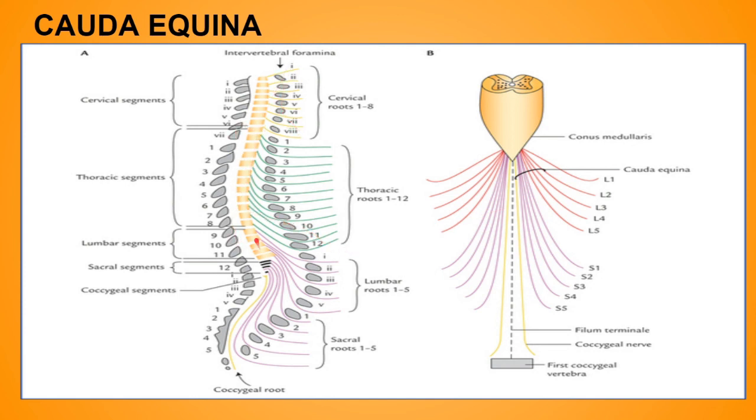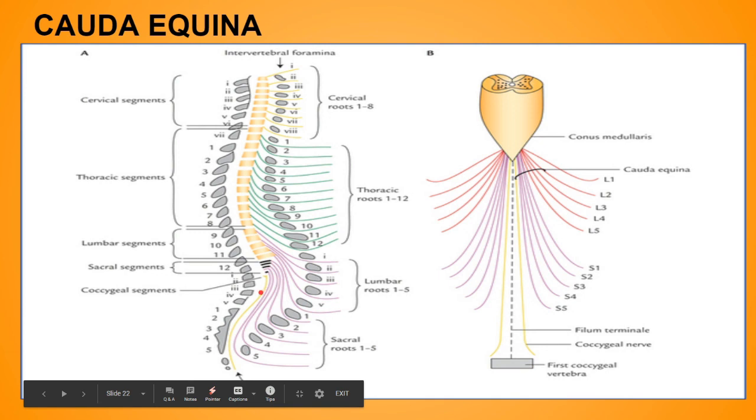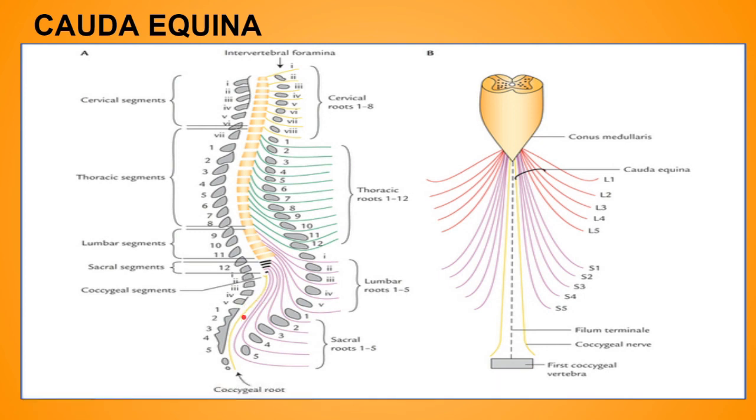Up to L1 there is very little obliquity in the curvature of the spinal nerves, but after L1 they have to curve a lot and are more oblique, because they have to pass through the intervertebral foramen to go outside. Because of this, the nerve roots of the lumbar, sacral and coccygeal nerves from the caudal part of the cord take a more or less vertical course, and form a bunch of nerve fibers around the filum terminale known as the cauda equina.